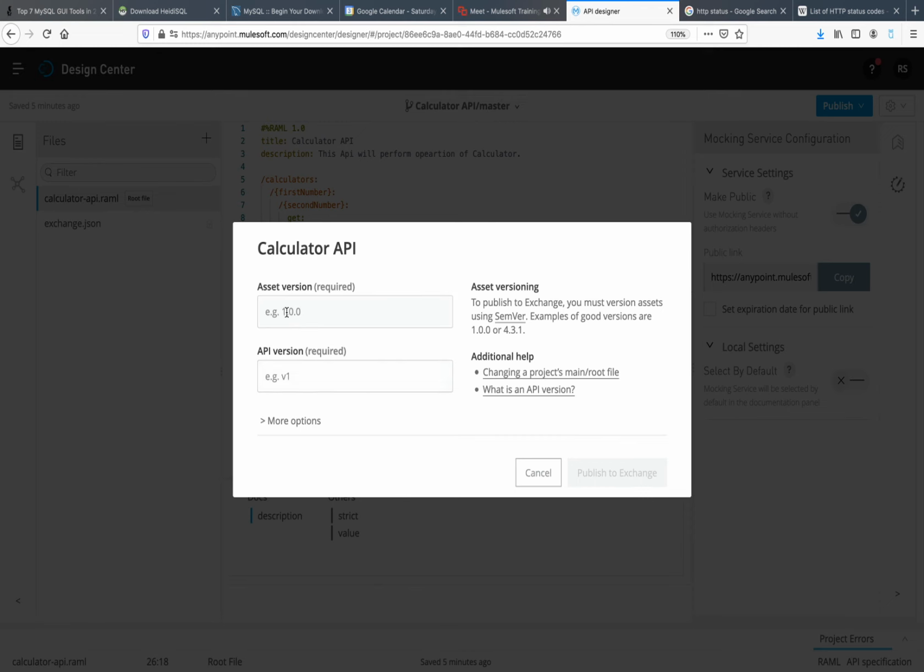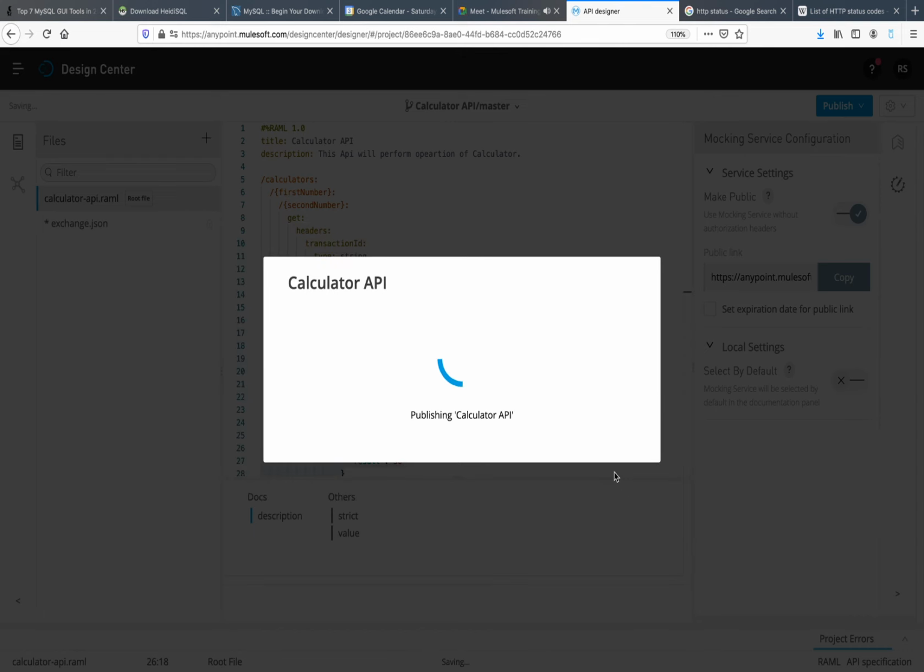So asset version I will give 1.0.0, and let me give API version also v1, and then click on publish to Exchange. Once it completes publishing, we can go to Exchange and see this RAML file on my Exchange.